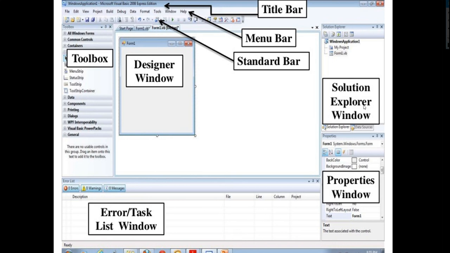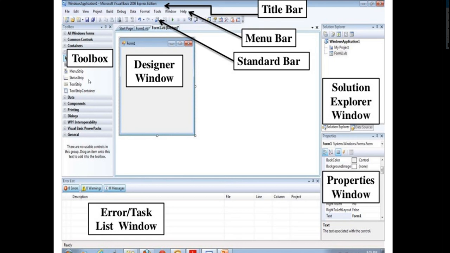Then the solution explorer. The solution explorer displays a list of forms and other objects that constitute the application. So what is it going to display? It displays the project and other applications which are present. The list is organized in the form of a branching structure. As you can see, the list is available in the form of branches. Now to open any project, we just have to go there and double click on that icon. As we double click on that icon, the particular project is going to get opened.